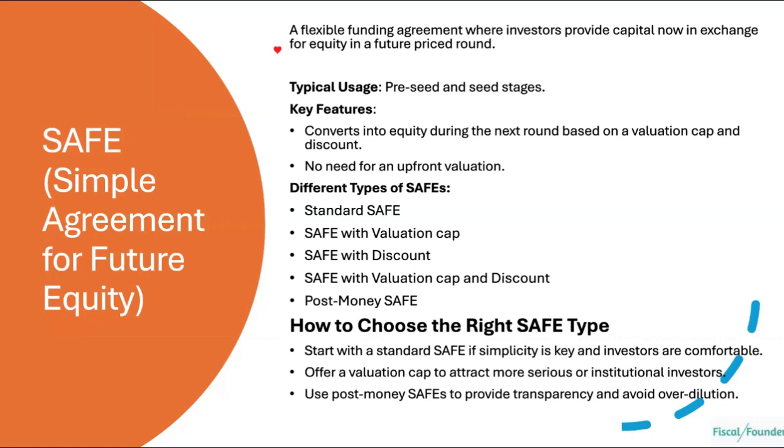So a safe with a valuation cap is really like the VC is going to say, I'm going to have a maximum on a valuation. So let's say they give you money at a 5 million valuation. When you go raise your next round and your valuation is 10 million, they will get the equity at 5 million. So it's a benefit to them because they're going to get a higher percentage of equity because their valuation cap is $5 million. Same concept with discount. They might say, however much equity you're going to raise at, we're going to get some discount on that. And that could be 10%, 15%, 20%.